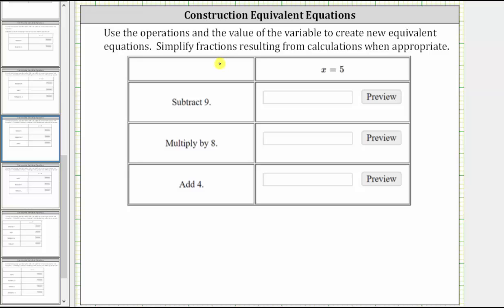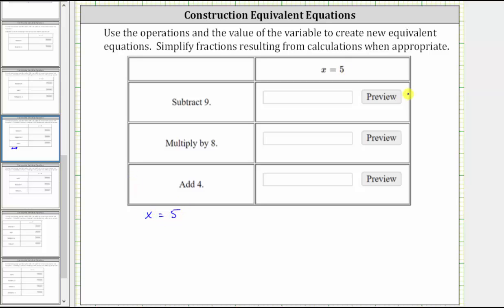We're asked to use the operations and the value of the variable to create new equivalent equations. Equivalent equations are different equations that have the same solution or solutions. We're also told to simplify the fractions when appropriate. For the first example, we are given x equals 5,